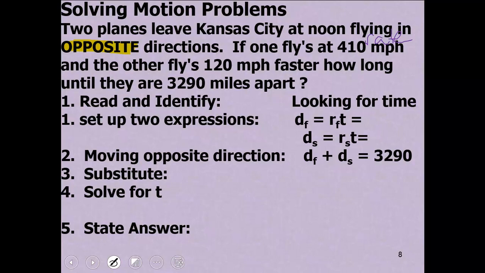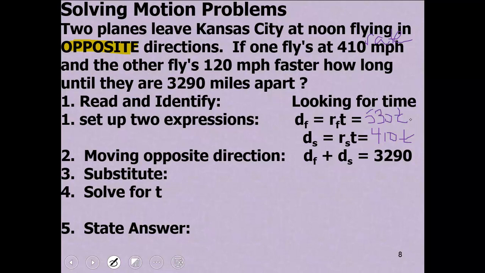This one is flying 410, so that's going to be my slower one, right? So the distance traveled of my slower is 410 times t. The distance of my faster, it's 120 miles per hour faster than 410. So what is that? That's going to be 530